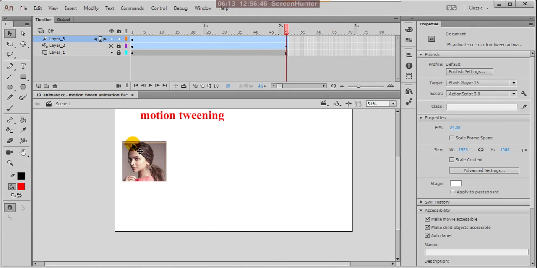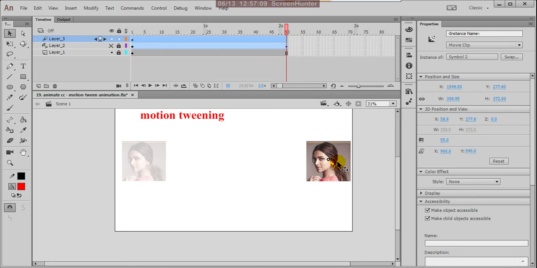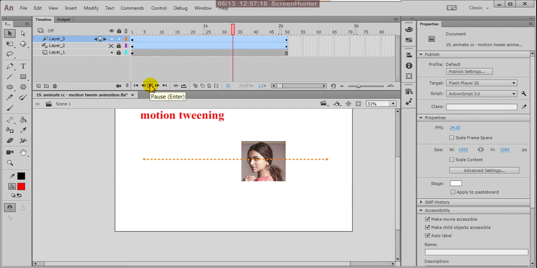But to see the animation, you need at least 2 keyframes. Here motion extended up to 50 frames only, but when you change the position, then you'll get the motion. The first point is there already, but for the end point, I place this photograph here. Perfect.